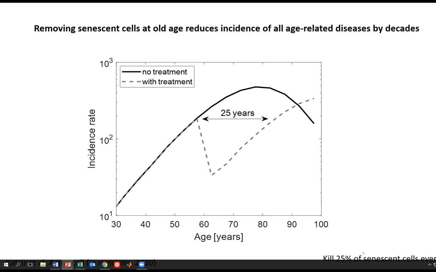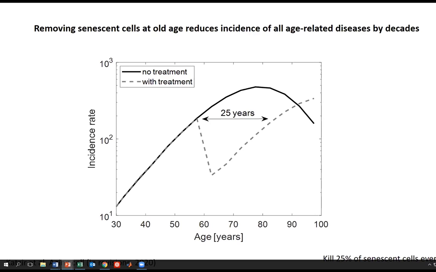Even if here you assume that only 25% of the senescent cells are susceptible to the drug, and you give it once every month. Why once every month? Because we think we know the half-life of senescent cells. You don't need to give it once every day. You need to give it once every month or 2 months so the senescent cells can reaccumulate, not too much, right? So you don't want to give these drugs too often because they have toxicity effects. So we can calculate kind of the optimal rate.